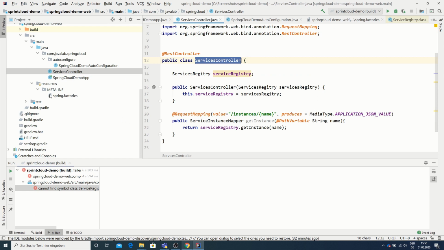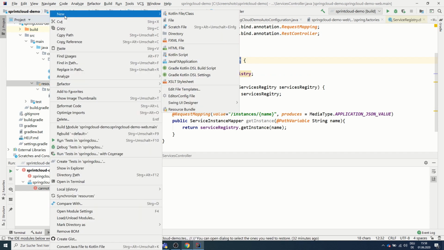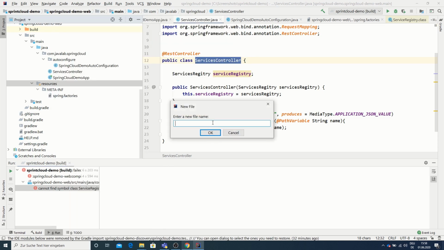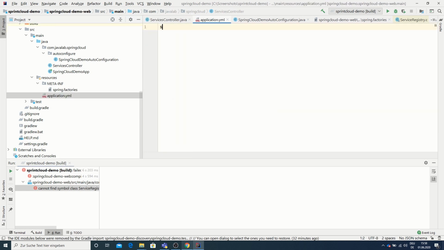One more thing I have to do here. I want to change the port of the application because the default port in Spring for Tomcat is 8080. I want to change it to something else. application.yaml, server port. I will choose 9094, for example, and